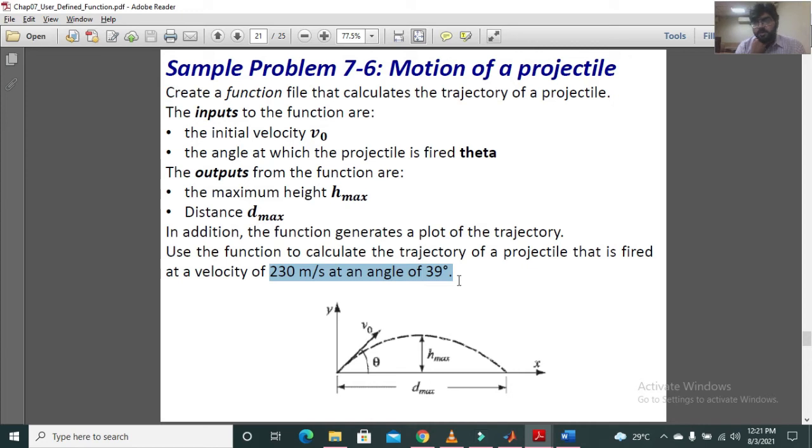These input velocity and angle will be asked in the script file, and they will be sent into a function file for the calculations. The input arguments will be initial velocity and theta, and at output you should get a maximum height and the maximum distance which is covered during that projectile. So this is what we are going to make now.